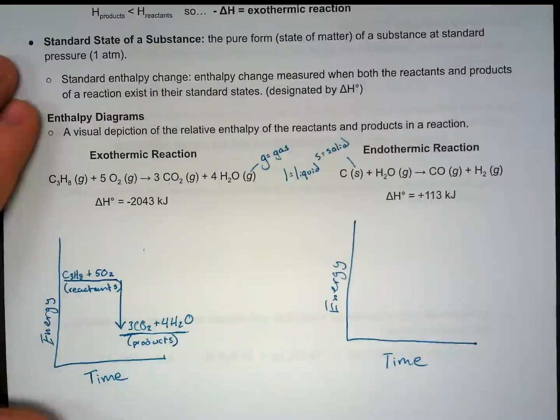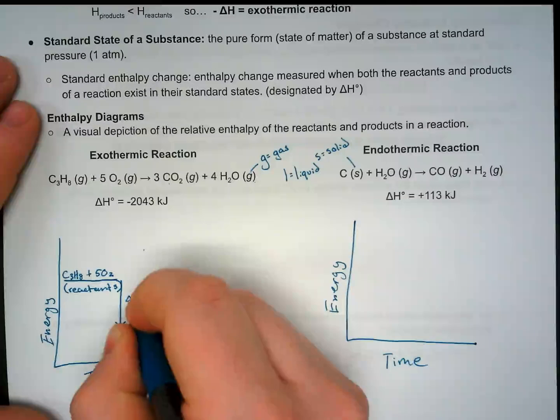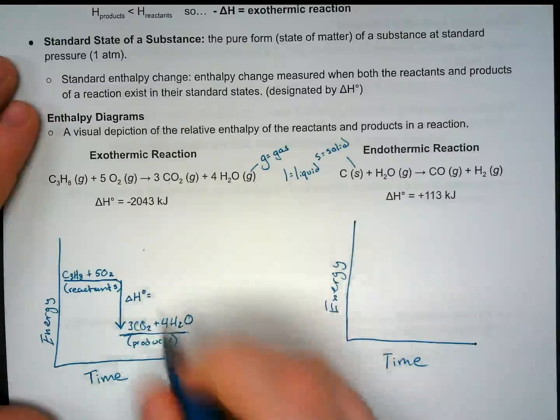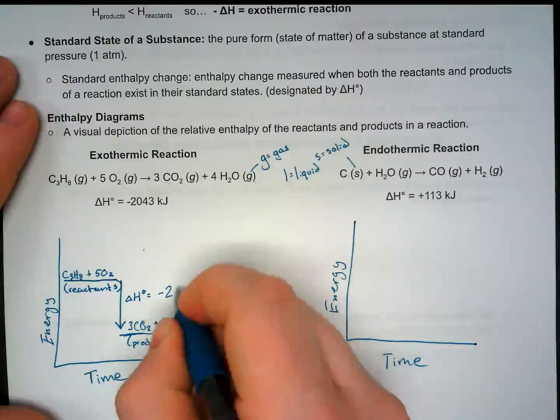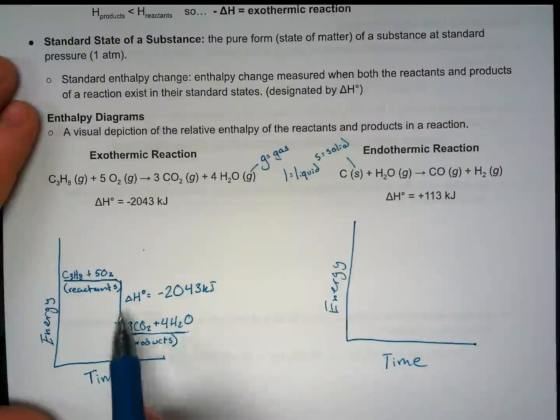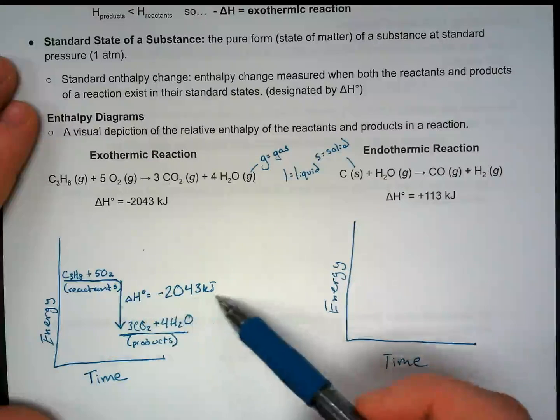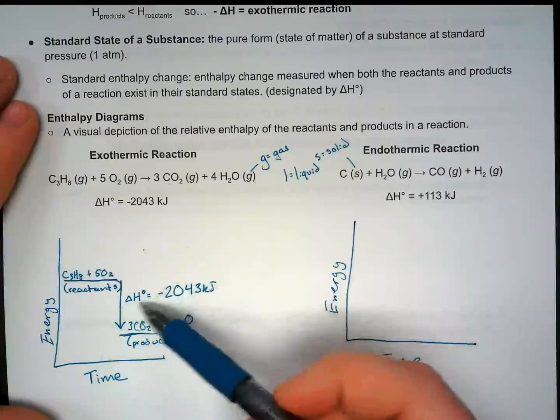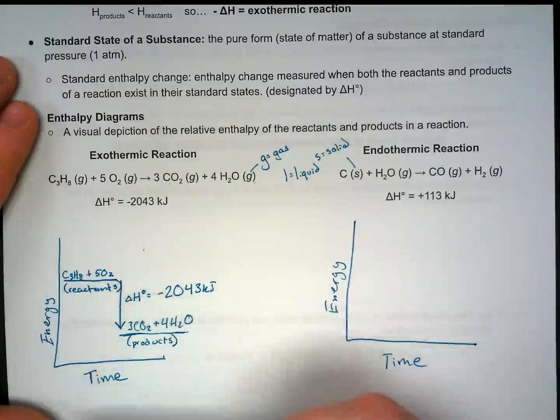All right. And again, now I've got to depict the amount of kilojoules either lost or gained by doing this. I'm going to put my delta H, with the little degree symbol, and then negative 2043 kilojoules right here. I'm putting it right by the arrow to show here's how much energy was lost when we go from here to here, when we have combustion of, I think that's butane,